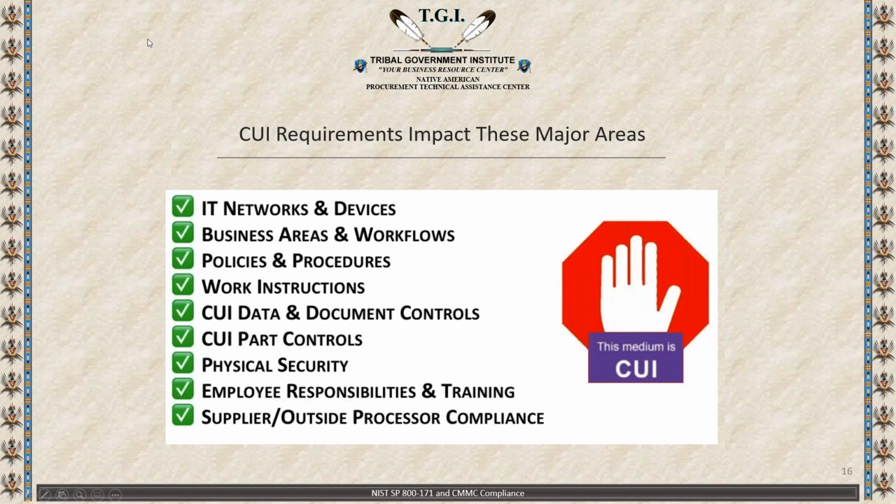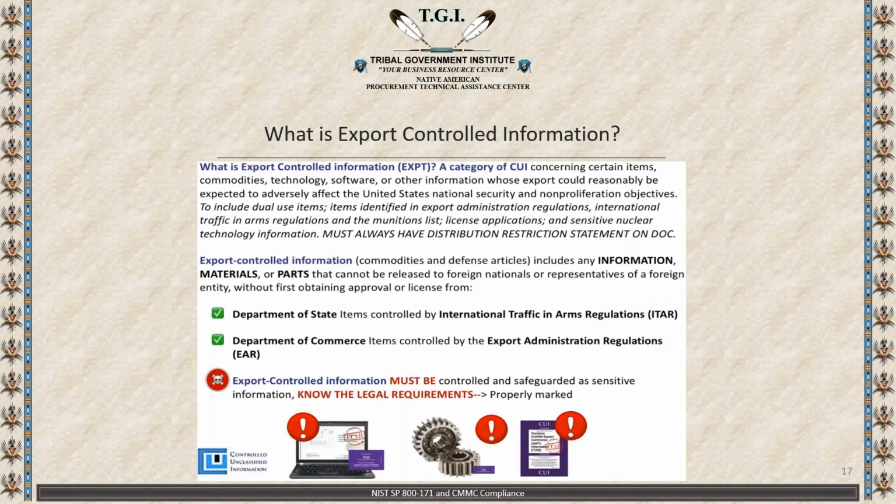I included this slide regarding export controlled information because EXPT constitutes about 50% of the type of CUI that most companies performing DoD contracts come into contact with. The controls for export controlled information are very technical. If you haven't paid much attention to the ITAR documents in your possession, this is the time to bring them into focus because there is a convergence. The CUI requirements underneath DFARS and also the ITAR requirements underneath DFARS for export controlled information need to be integrated.